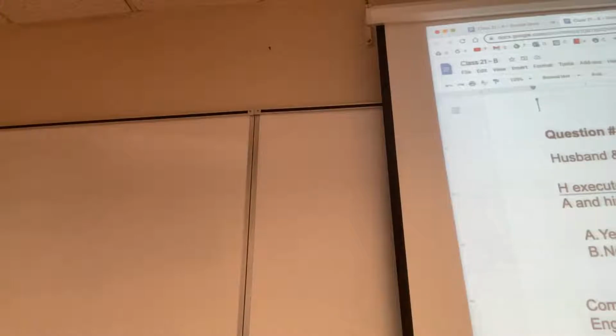At common law, right, way back when the man controlled everything, the wife had no say. So if the husband had a debt, the creditors could reach whatever the husband had, because the husband had control over everything, right? If the husband had control over everything, the creditors could reach whatever the husband could control. In other words, the creditors could reach everything. So in the 1800s, states began giving women property rights. We have these laws called married women's property rights.